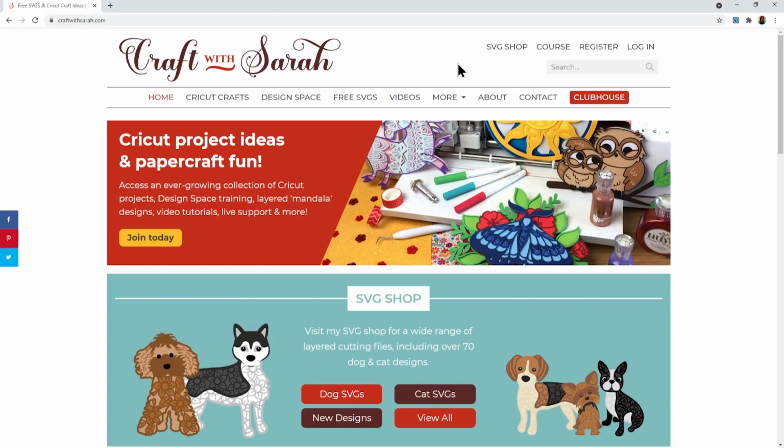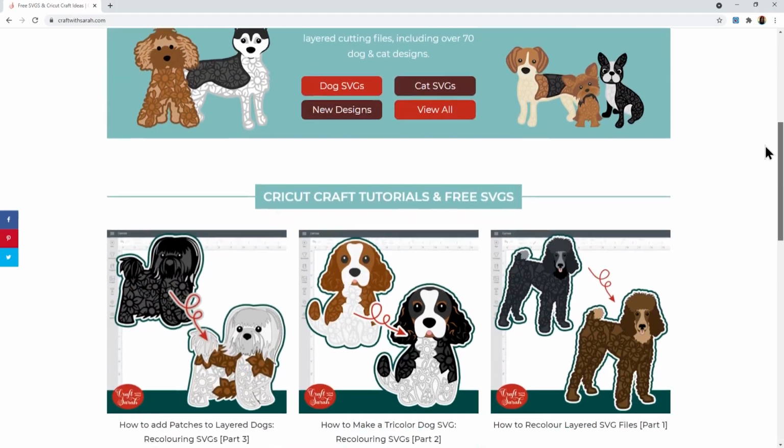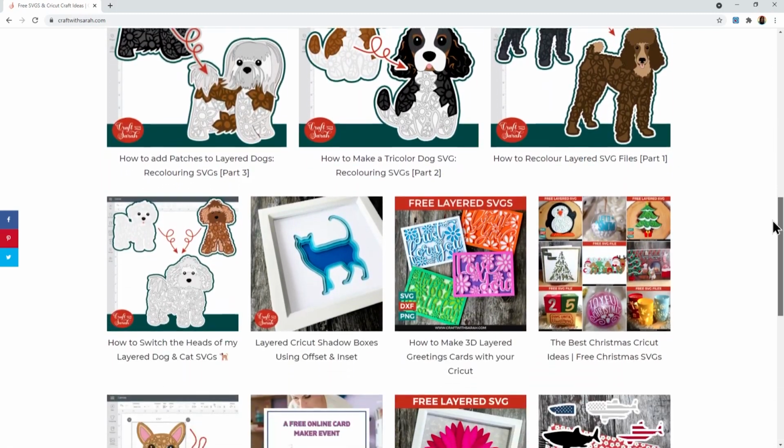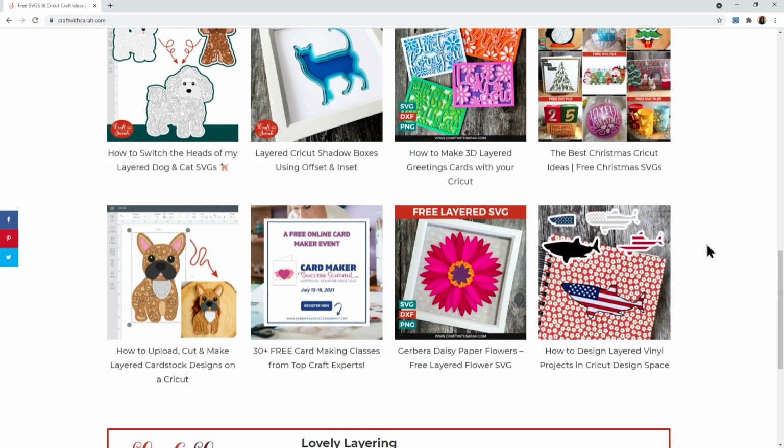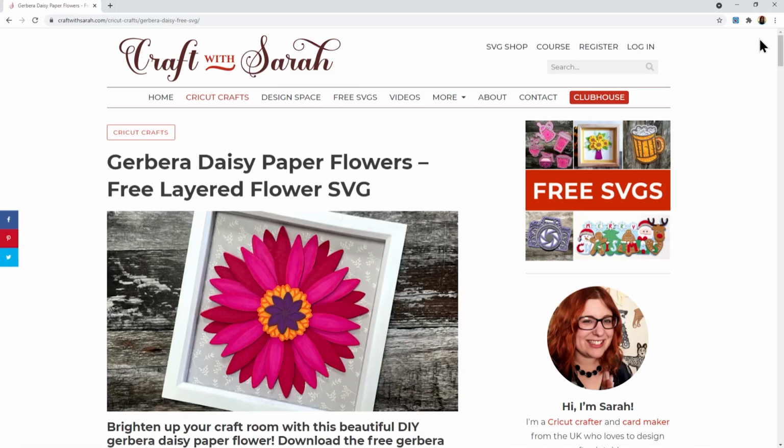When you go to my website, craftwithsarah.com, there are a few different ways to access my free SVGs and other printables. If you're looking for a design which has only just come out, then you can scroll down the homepage and it shows you all my latest tutorials and free designs on there. So you may be able to find it there, and if so, just click into that article to go to it.